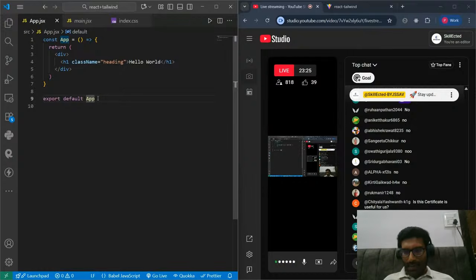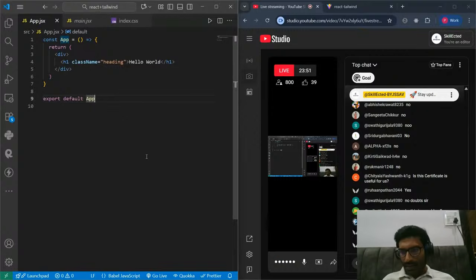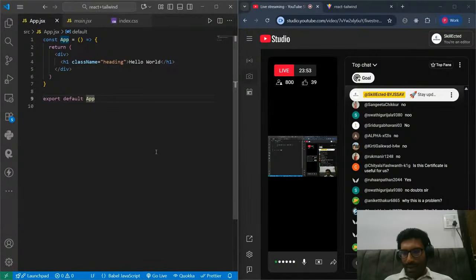What we will build today is a basic website structure: a navigation bar, a footer, and some sections. We will focus more on using Tailwind CSS. How will we get this certificate? After this live, you will have one quiz, and after taking that quiz, you will get your certificate. Don't worry, you will get the quiz link in the chat box.